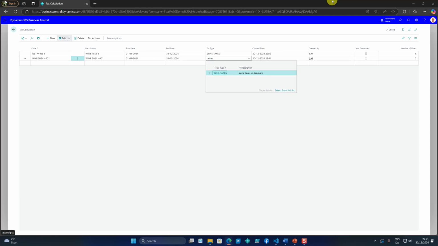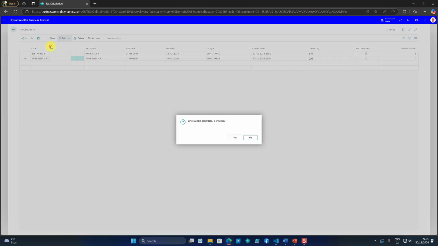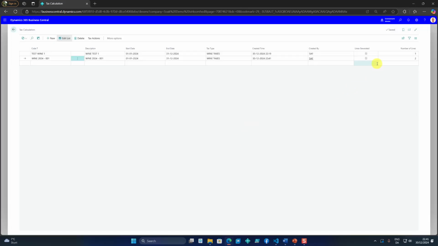This is a wine tax that I want to do, and now I create a new tax calculation. You can see that lines generated here is not checked, and number of lines is 0. So I click on tax actions and I click generate lines,